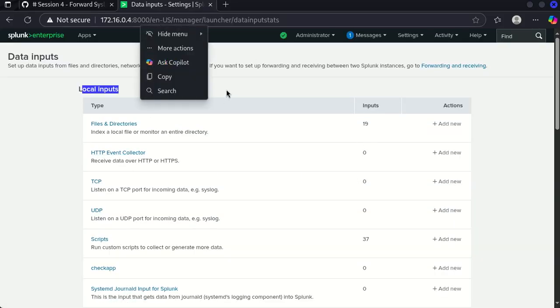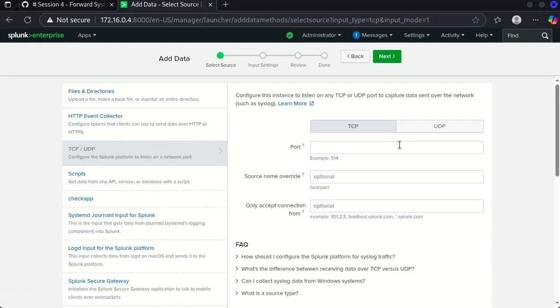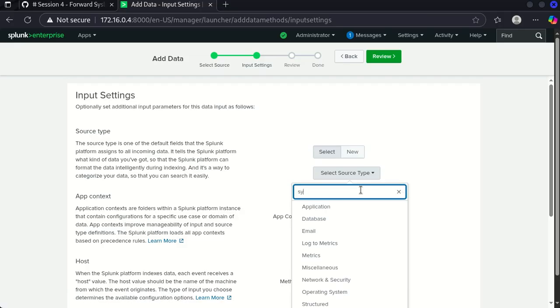Now under local inputs, select TCP and then click add new. This will help us in specifying the various ports. So we are interested in adding a TCP port 514. Just mention that and then leave all other fields as optional. Click next, and then in the source type choose select and then the source type as syslog,